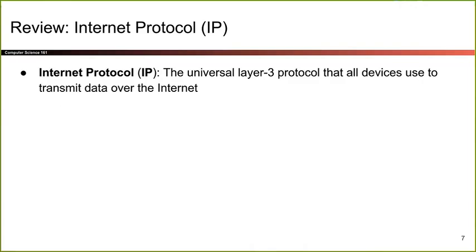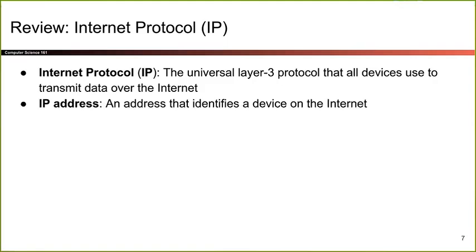So all of yesterday was about local area networks, or not yesterday, but Thursday. All of last time was about local area networks. So we were only talking about networks that were physically in like a small space. So all the computers in a home or in an apartment building, or all the computers in Berkeley, that's a local network. But today we're going to start talking about global networks. So this is computers all across the world. And Internet Protocol is the protocol that lets us transmit data anywhere in the world that we want.